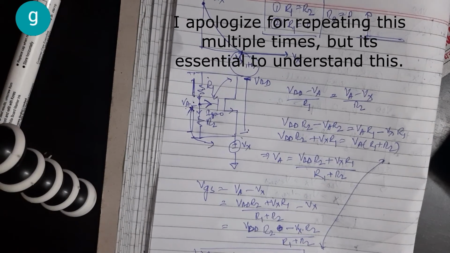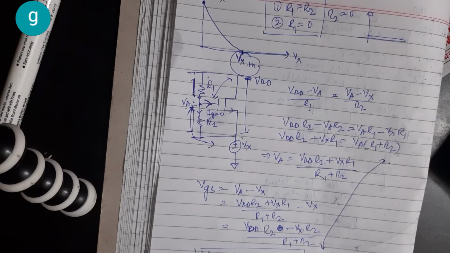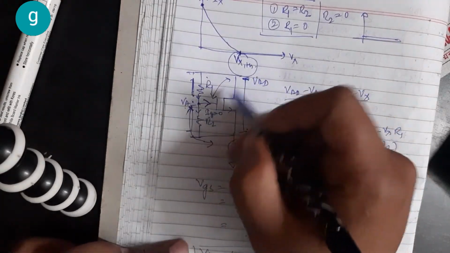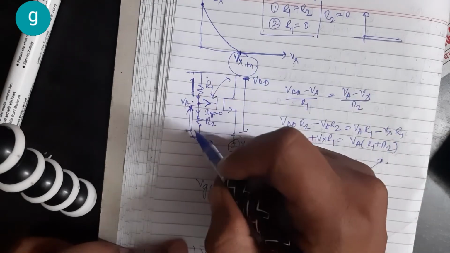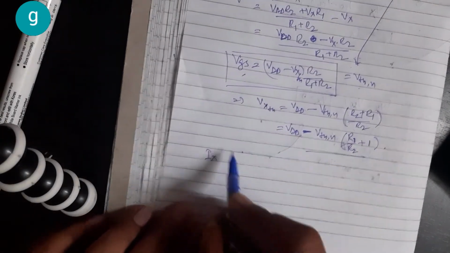So in conclusion, if the transistor is on, it is in saturation. If it is off, it is off, there is no current. But if it is on, it's in saturation. It won't go into triode because there is this voltage drop difference between the VDS and VGS by virtue of the circuit configuration, right?